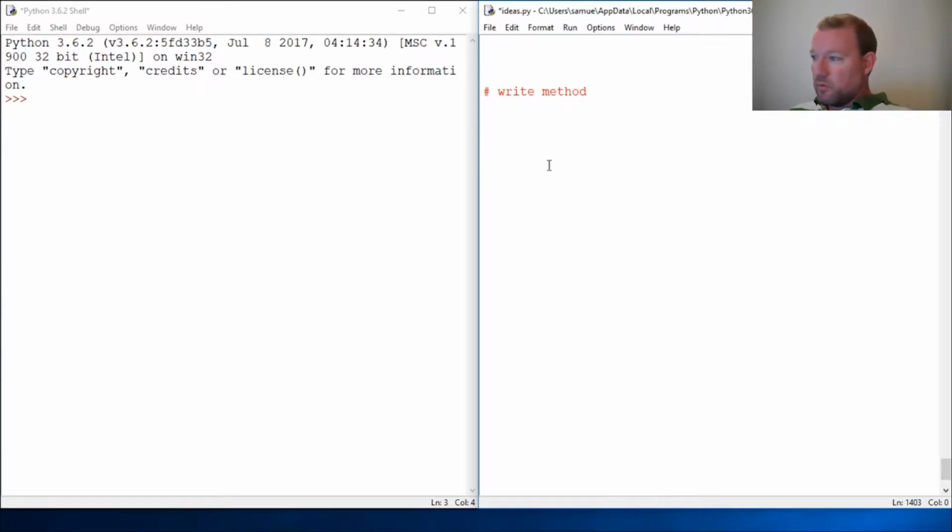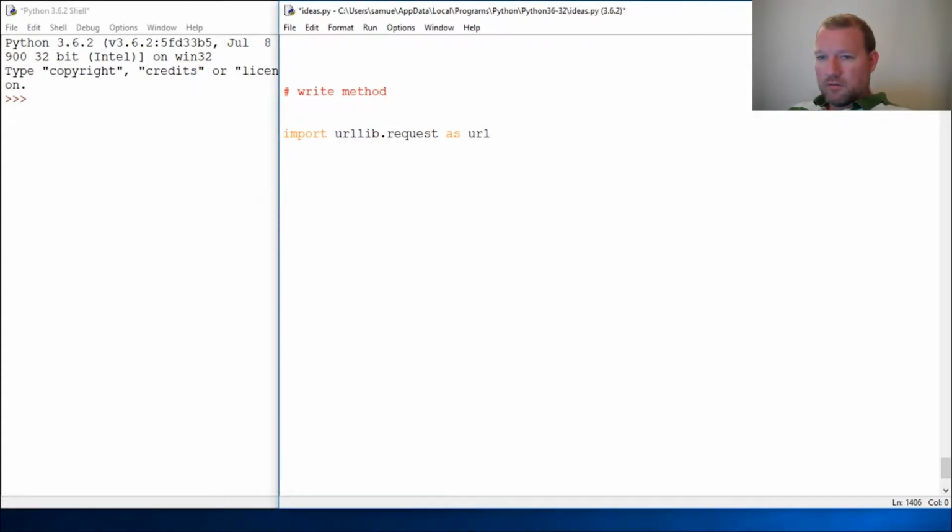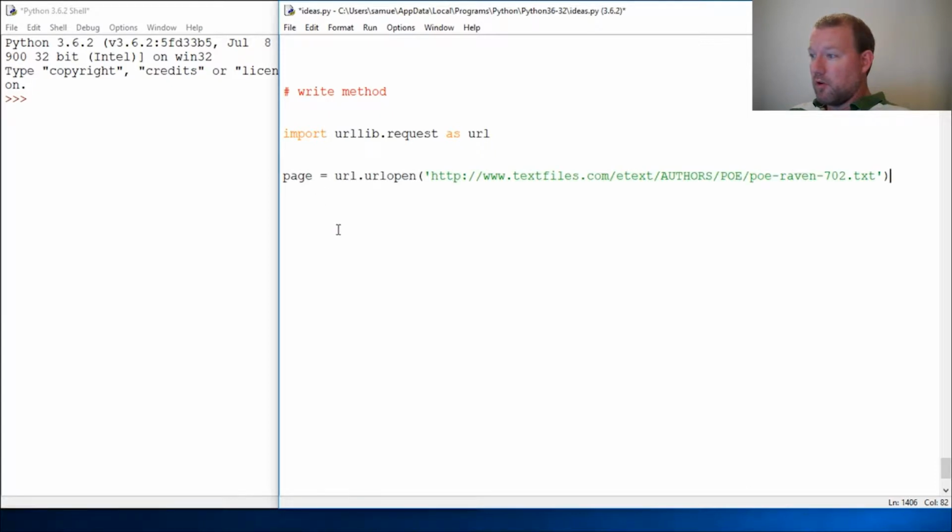So we need to import. We're going to use our urllib.request, and we're just going to do that as URL. So alright, now we're still going to use our page. I'm going to have this in the notes again. So let's just copy all this. So you guys, if you do not know about the